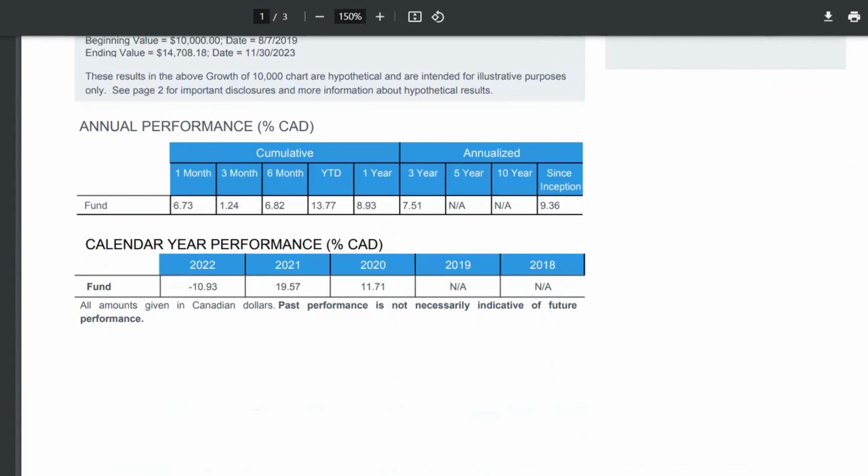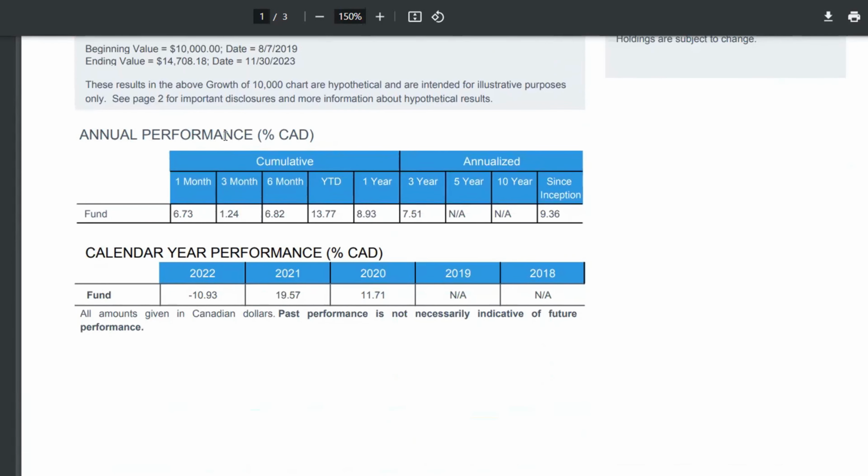Scroll to the next page. It does further down. It shows you the annual performances as well as performances by calendar year. Even though the fund was incepted in early August of 2019, it's not showing a calendar year performance because it was not a full year, but it